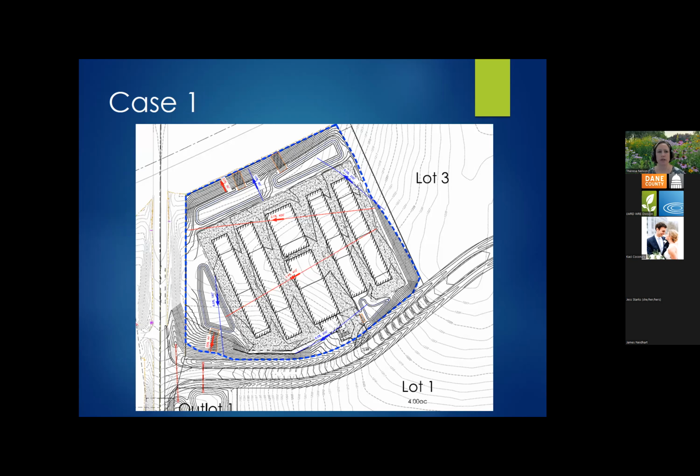So to orient you to what this site is, you can see the gray lines are the existing topography, and the darker lines are the proposed topography. There's the top of a hill on the right side, and then it splits and flow goes to the northwest and the southwest through this site. And so they chose 4 different slopes to look at to represent different things that are going on